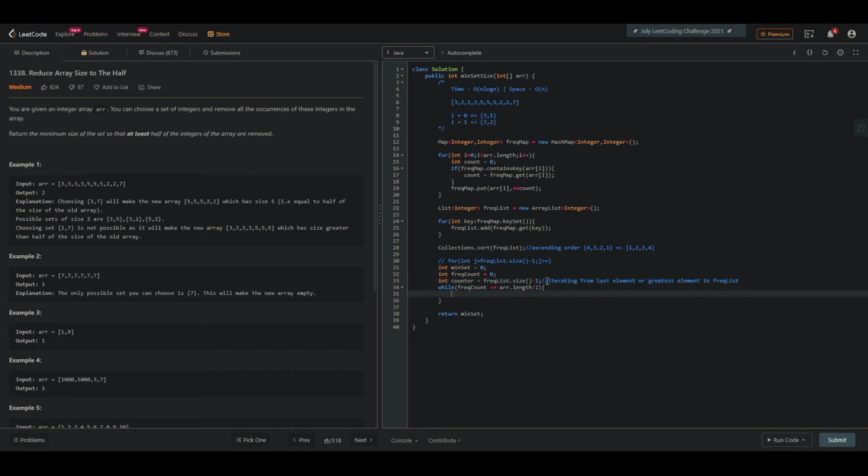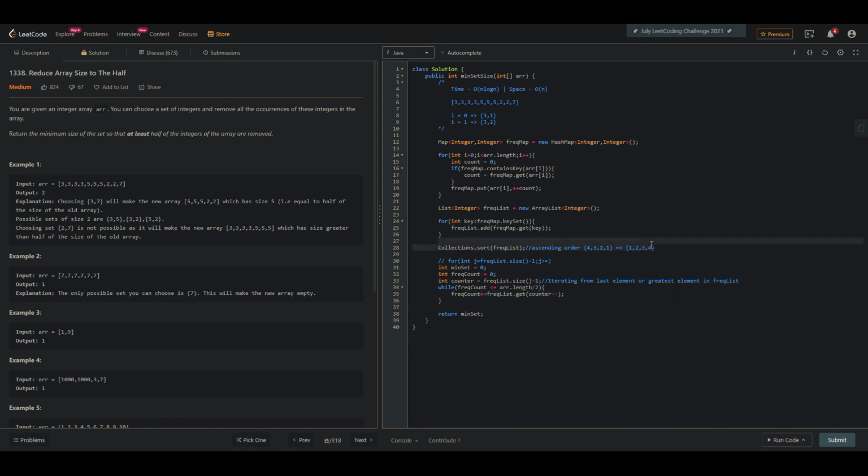Okay, so now we'll be adding it to frequency count plus equal to freq list dot get of counter. Once we are getting it here, we move to the previous element.